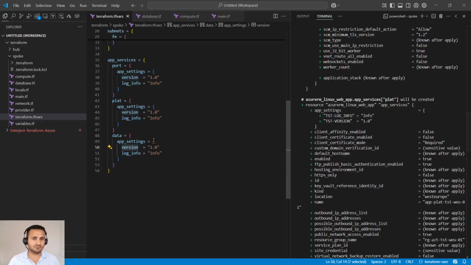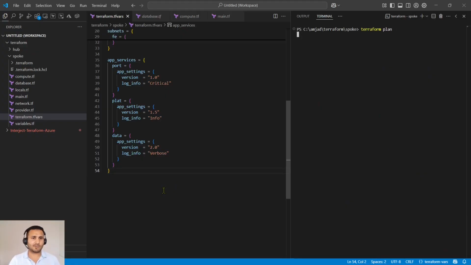If I'm going to change the value, let's assume for the platform I'm using version 1.5. For portal, I'm using 1.0, and the log info is critical. Just wanted to make sure all my looping is working fine. And then verbose, and this is 1.2.0. Let me run the Terraform plan again. So for portal, the app setting should be 1.0 and critical, 1.5 and info, 2.0 and verbose for the data. So once the plan is executed, we are going to have a look if my transformation with the for